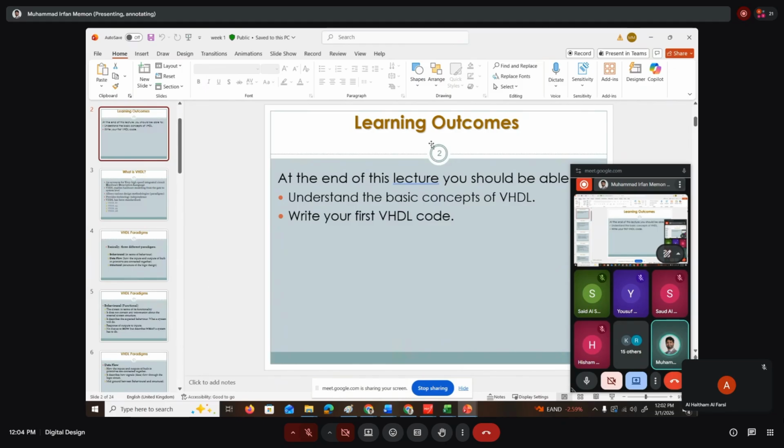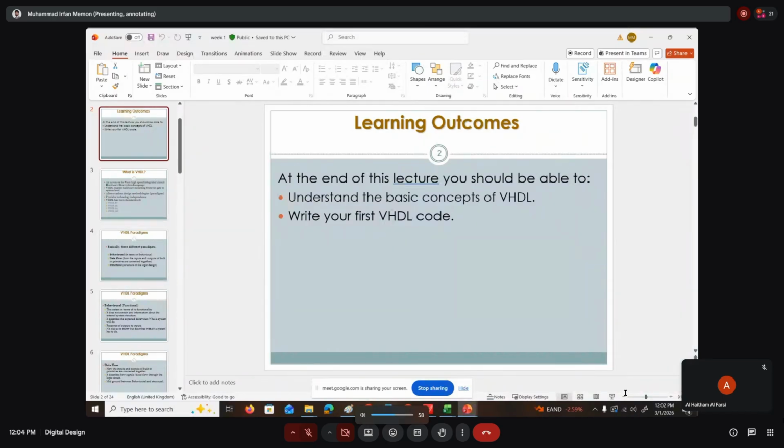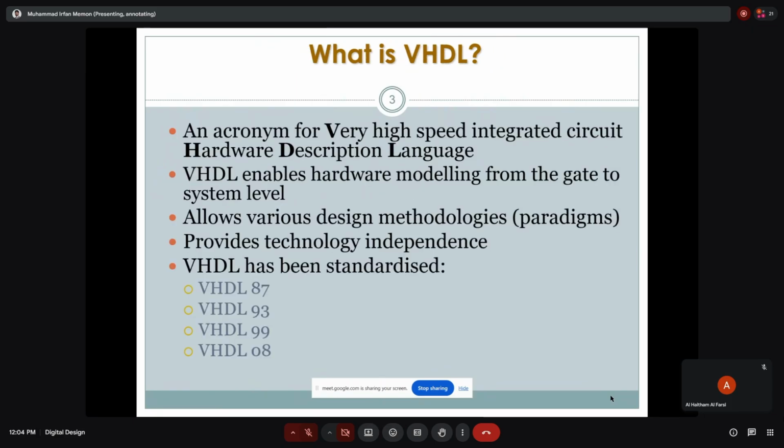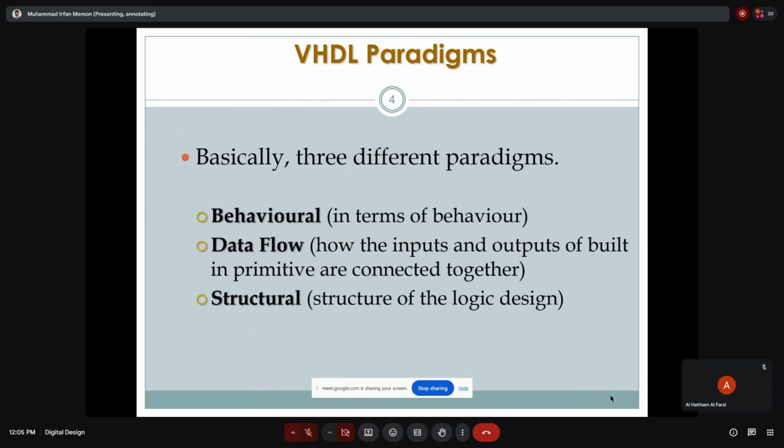So, as I told you in the beginning, this lecture is more related to programming. We'll be working on VHDL in this module, which is the Very High Speed Integrated Circuit Hardware Descriptive Language that enables modeling from gate to system level, allows various methodologies, and provides technology independence. VHDL has been standardized into different versions, so we'll be using the updated version in our programming. Now, before going further,